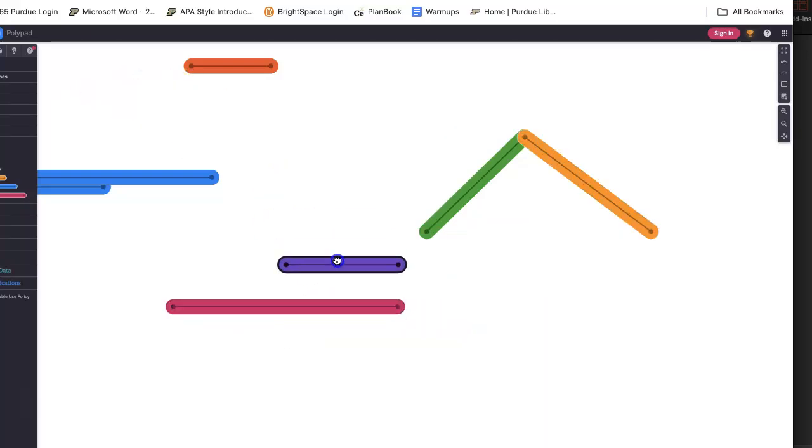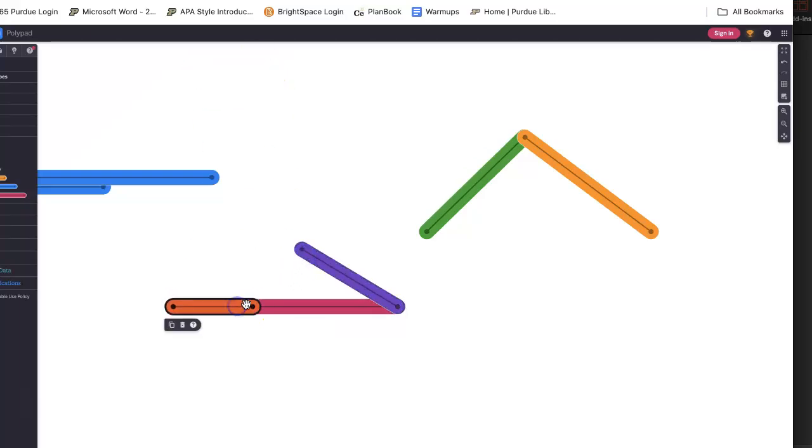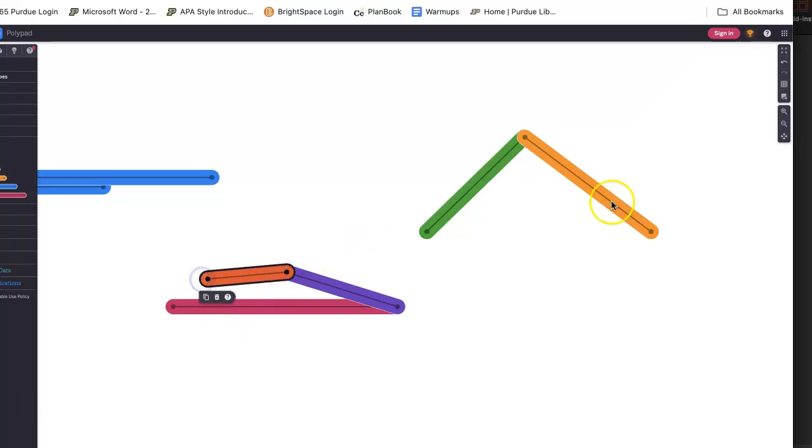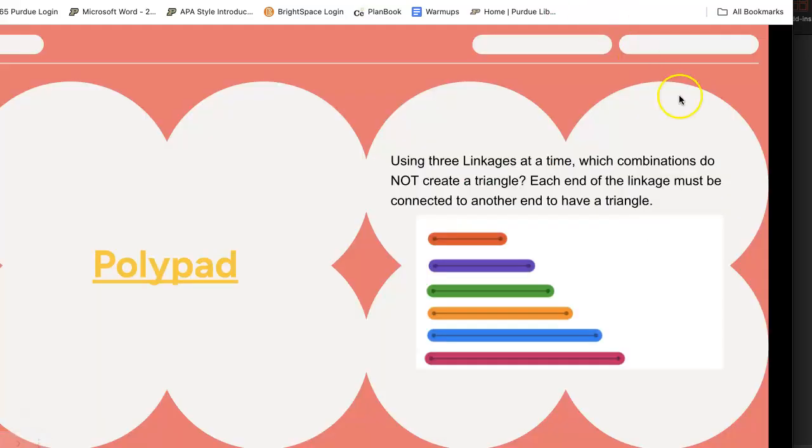And then we also hope that they start to recognize what are the conditions that do not form a triangle. For instance, here, since the 2 shorter sides can't connect together, we cannot form a triangle. And so this is a case where a triangle does not exist. Through the activity, we're hoping students start to make some generalizations and recognize the conditions that create triangles. So with that in mind,